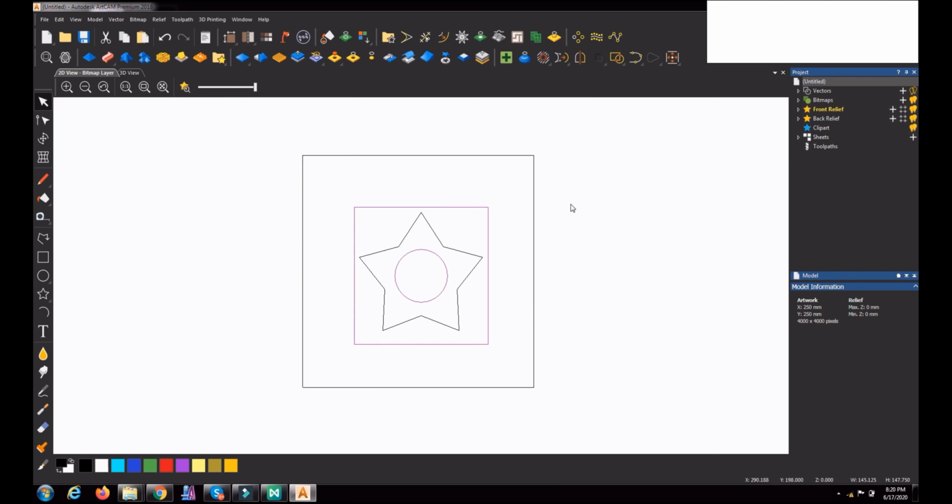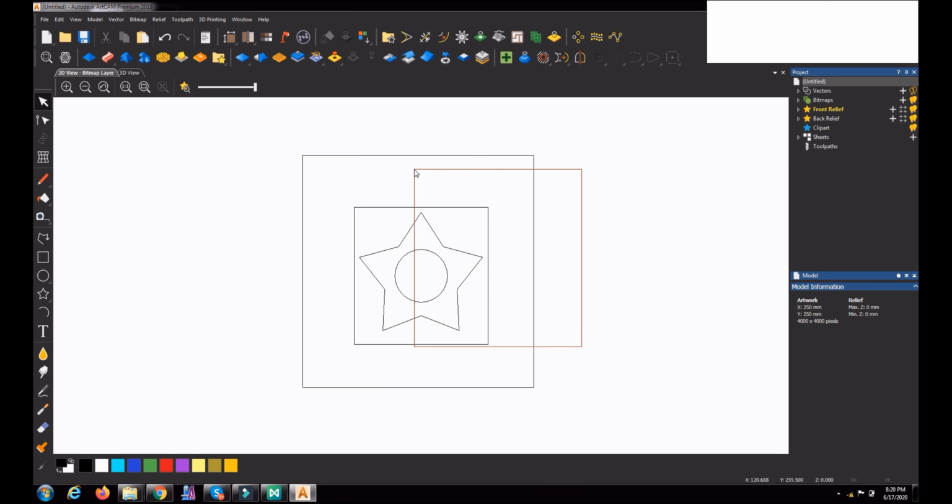Now there is another method using the cursor. You can make a window box. I click one particular point and, keeping the mouse button pressed, move the cursor from the right side of the screen to the left side.